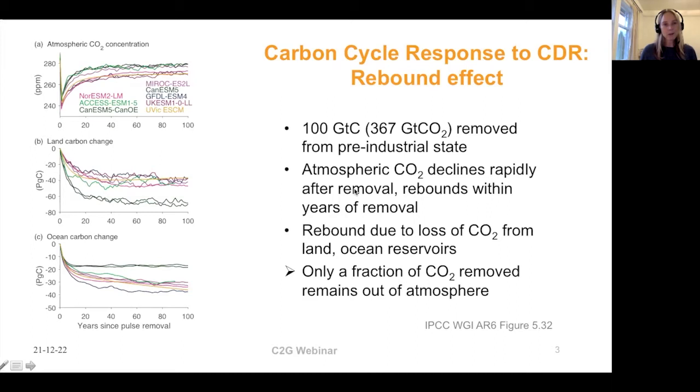The figure to the left illustrates the response of atmosphere, land, and ocean carbon stores to 100 billion